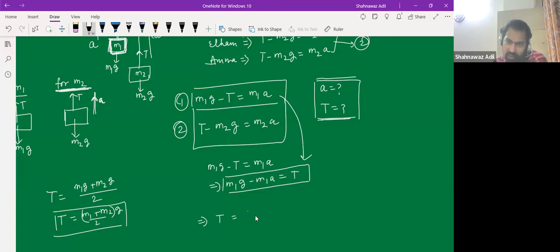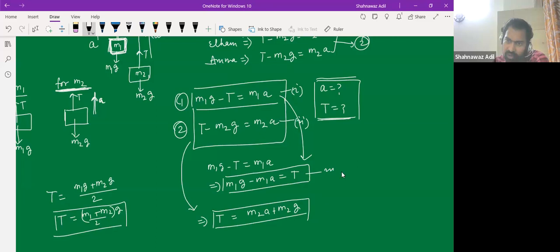T is M2a from second. M2a plus M2g, right? So we have this T, and let's say this is first, this is second, this is third, and this is fourth. So from third and fourth, we can say that